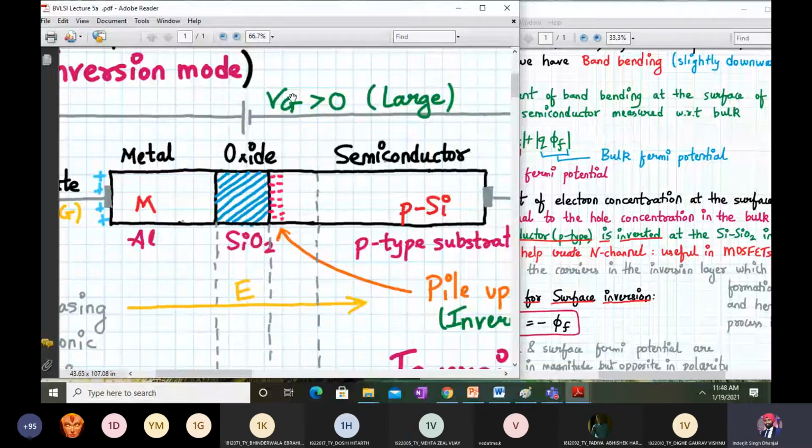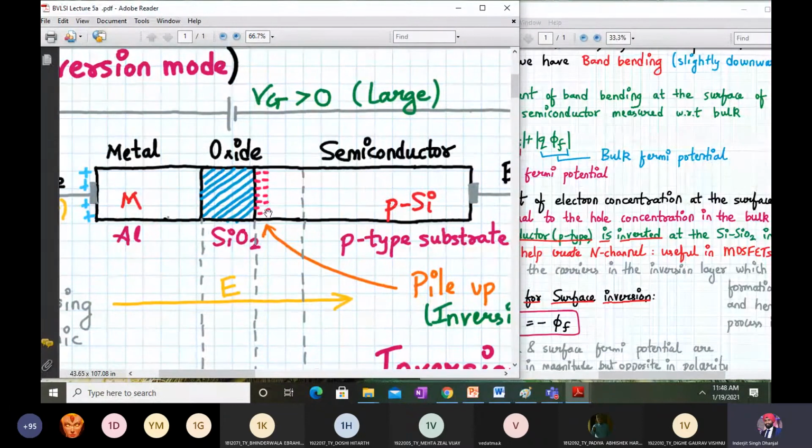At a large value of V, we have an equal amount of concentration. That means in this small area we have 1000 electrons. So that is the meaning of concentration: in this small space, it is well accumulated, piled up near the Si-SiO2 interface. Over here, let's say if we have 1000 holes, we have 1000 corresponding electrons, minority carriers, which are getting generated. So that is the meaning of that statement.